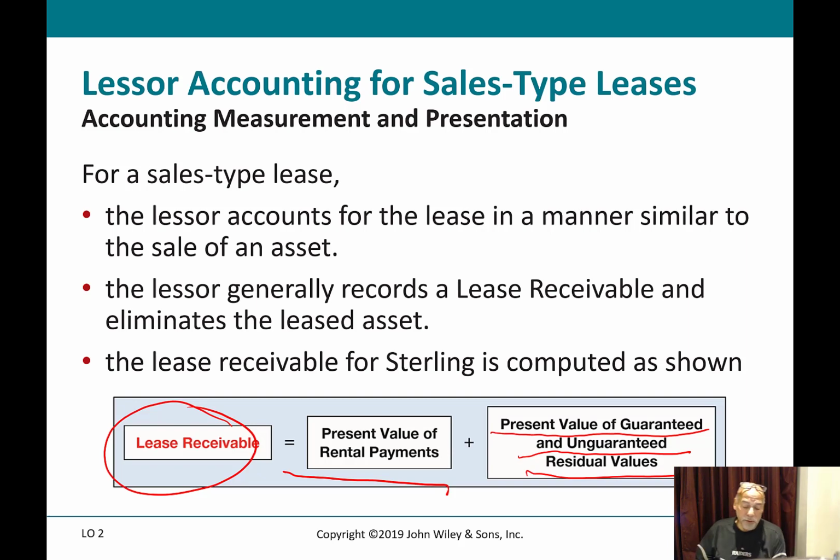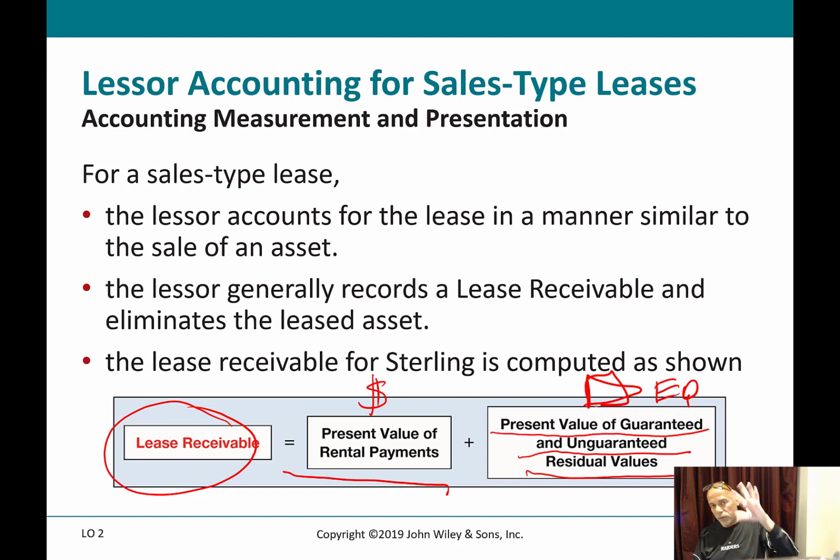So the receivables are really money, but it could also be machinery. It could be the equipment itself that you're going to get back. Whatever, it's a receivable, and you're going to take the present value of those to set up your lease receivable,